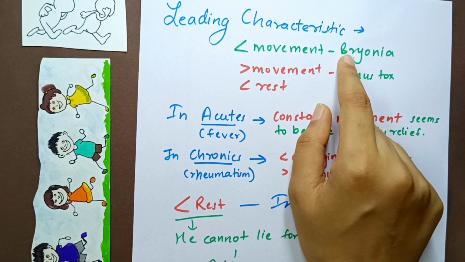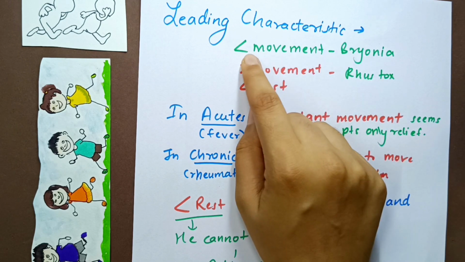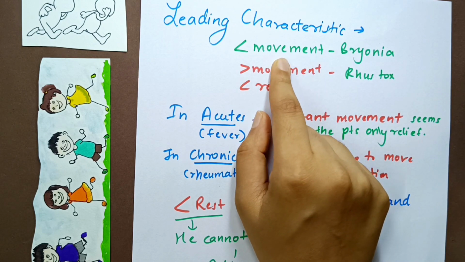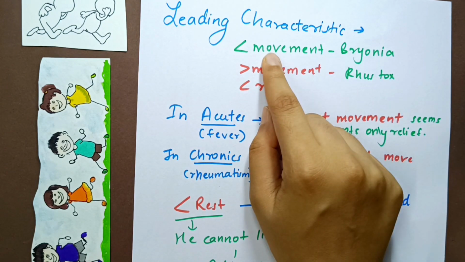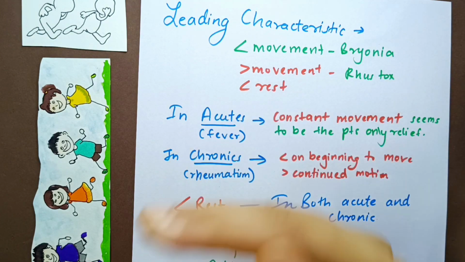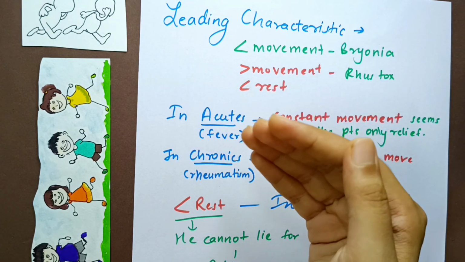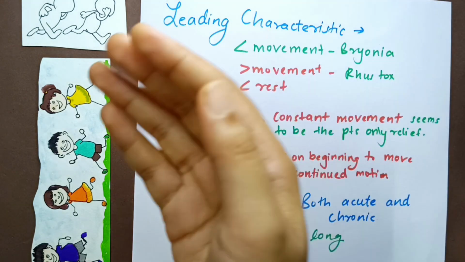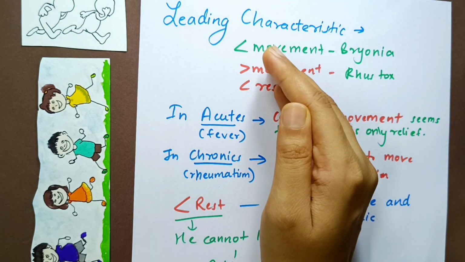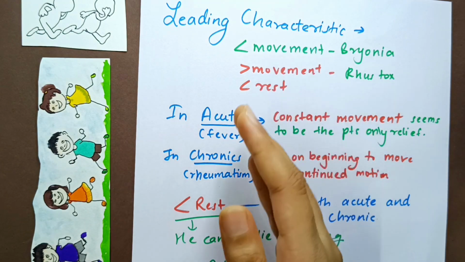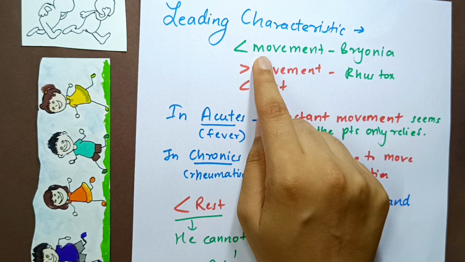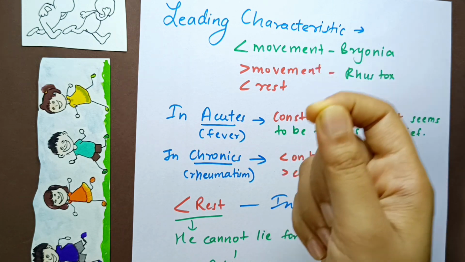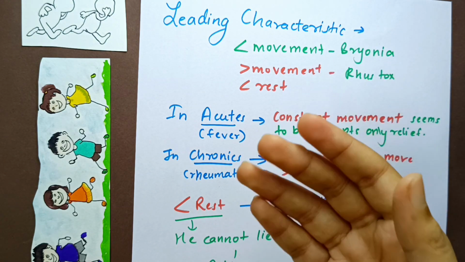So in bryonia, we have covered bryonia already, from Dr. Nash's Materia Medica. In bryonia, we've seen that there is aggravation from movement, right? They are always aggravated by movement and always better with rest. The rest amelioration is so characteristic that when they have headache, even moving the eyes here and there, the movement of your eyeballs will also aggravate their headache. Even the movement of eyes in headache will give rise to more pain.